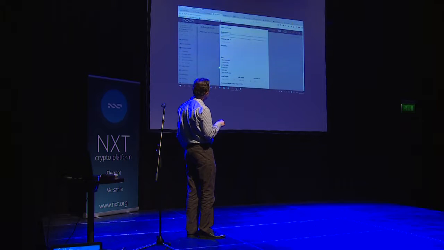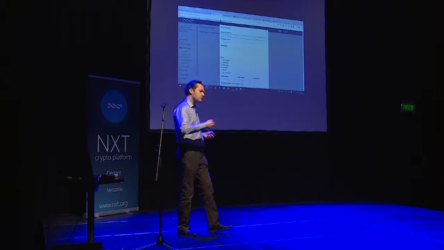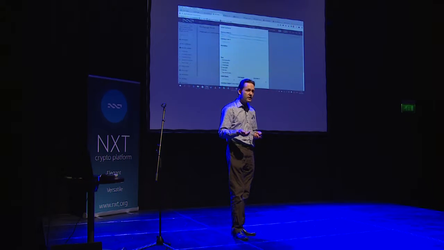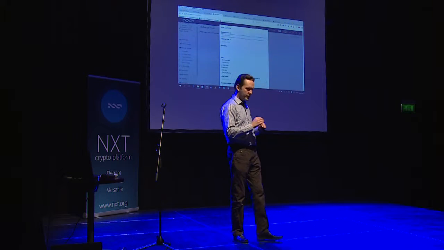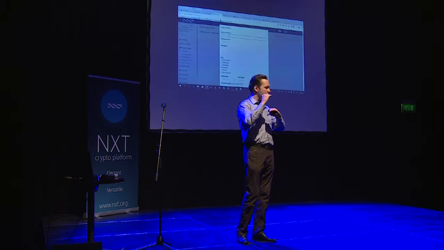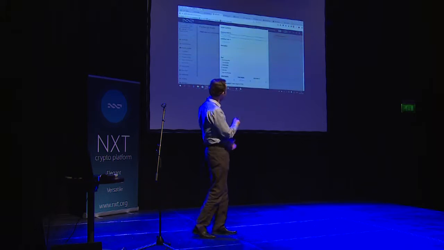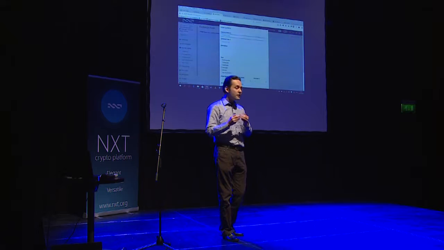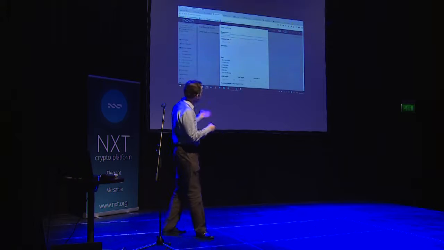Somebody became smart and said, I can use it for crowdfunding. Because what I can do is say I want an amount of Next to fund my project, but I don't want to be in control of that money before I have the full amount. And I want to automate sending it back. And that's exactly what this system does. It reserves it. If it doesn't reach the goal, it sends it back to the people. And in the meantime, nobody can touch it. So this was a complete turnaround.